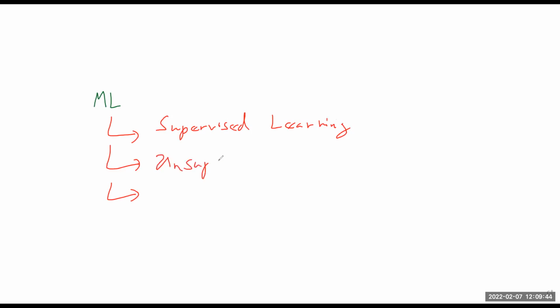All right, so first, let me put this in context, right? We have machine learning, and as I've told you, machine learning can be divided into areas. So there's supervised learning, right? And this is what we've been doing pretty much all in the first 4 weeks of the semester. Do you guys remember the other areas that I mentioned? So we've got unsupervised.